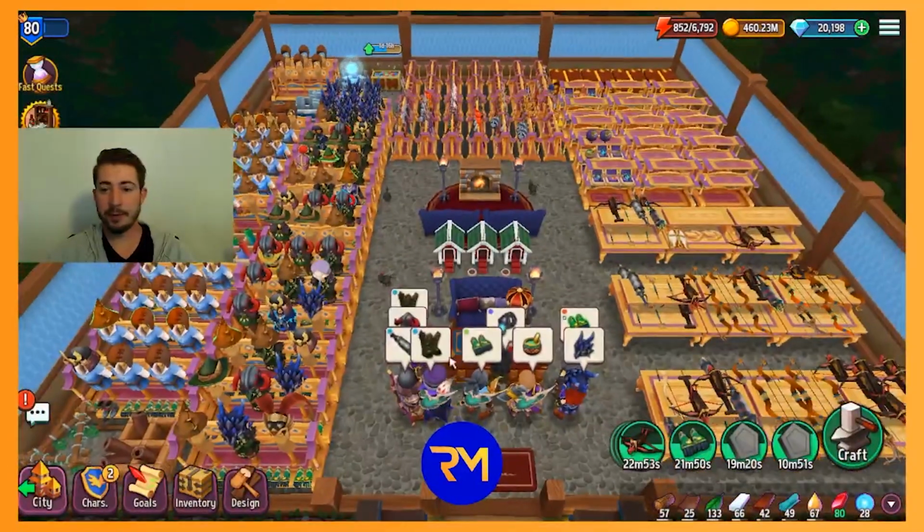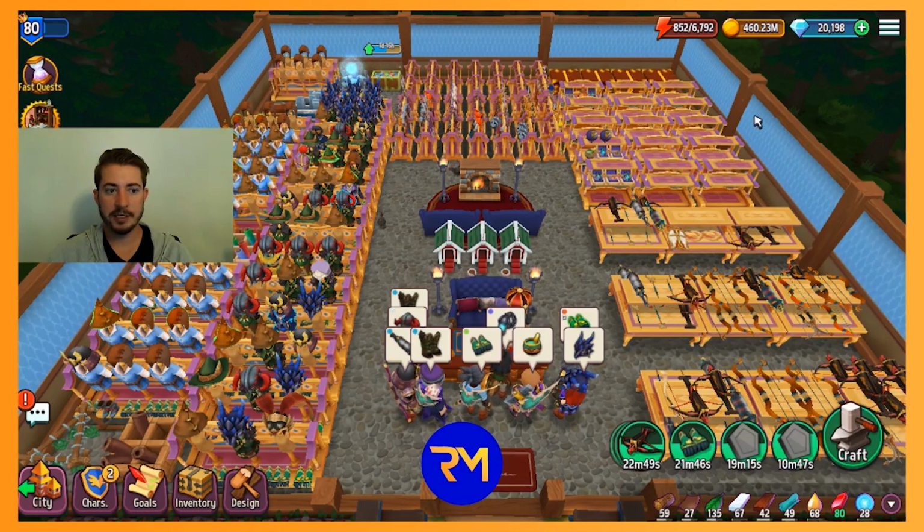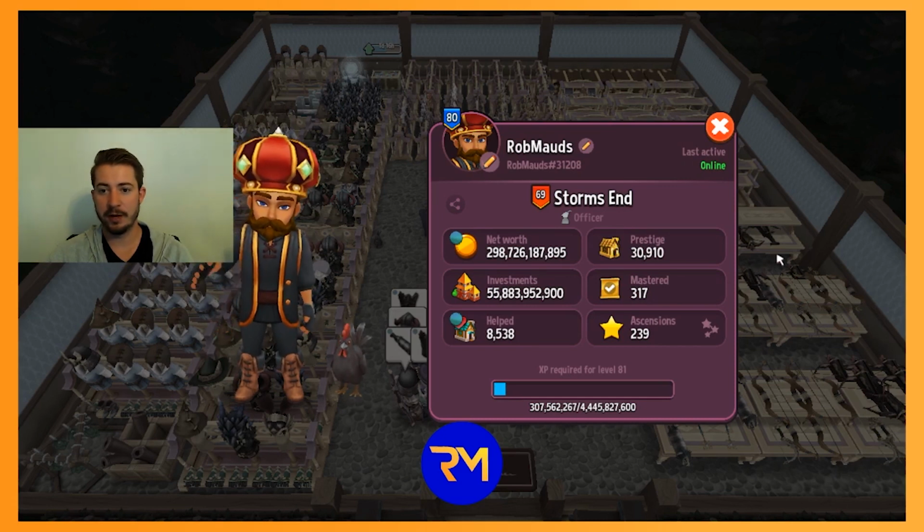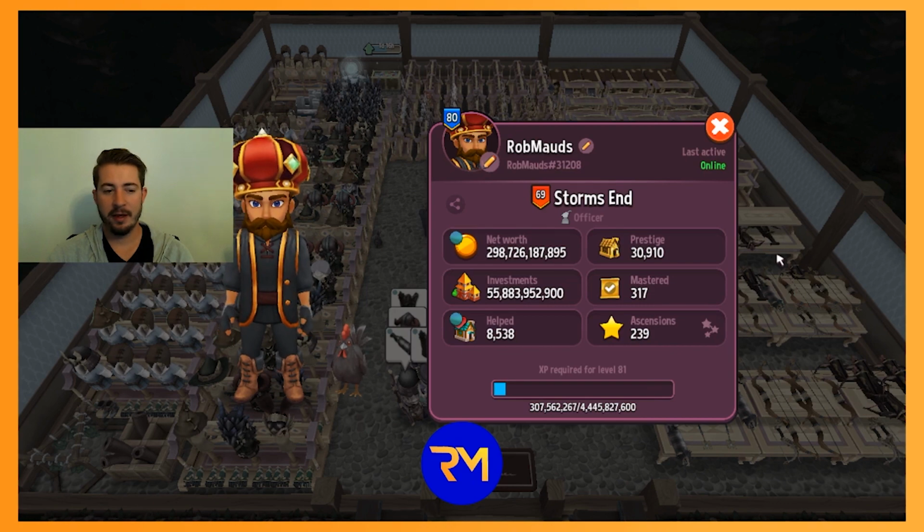So yeah, that's pretty much what it looks like for me right now. Just finishing mastering stuff, finding a good rotation, going to be saving gold, focusing on investments, and just getting ready for tier 10. It's supposed to be dropping pretty soon. I don't know exactly, but I've been in the beta, and I can't say a